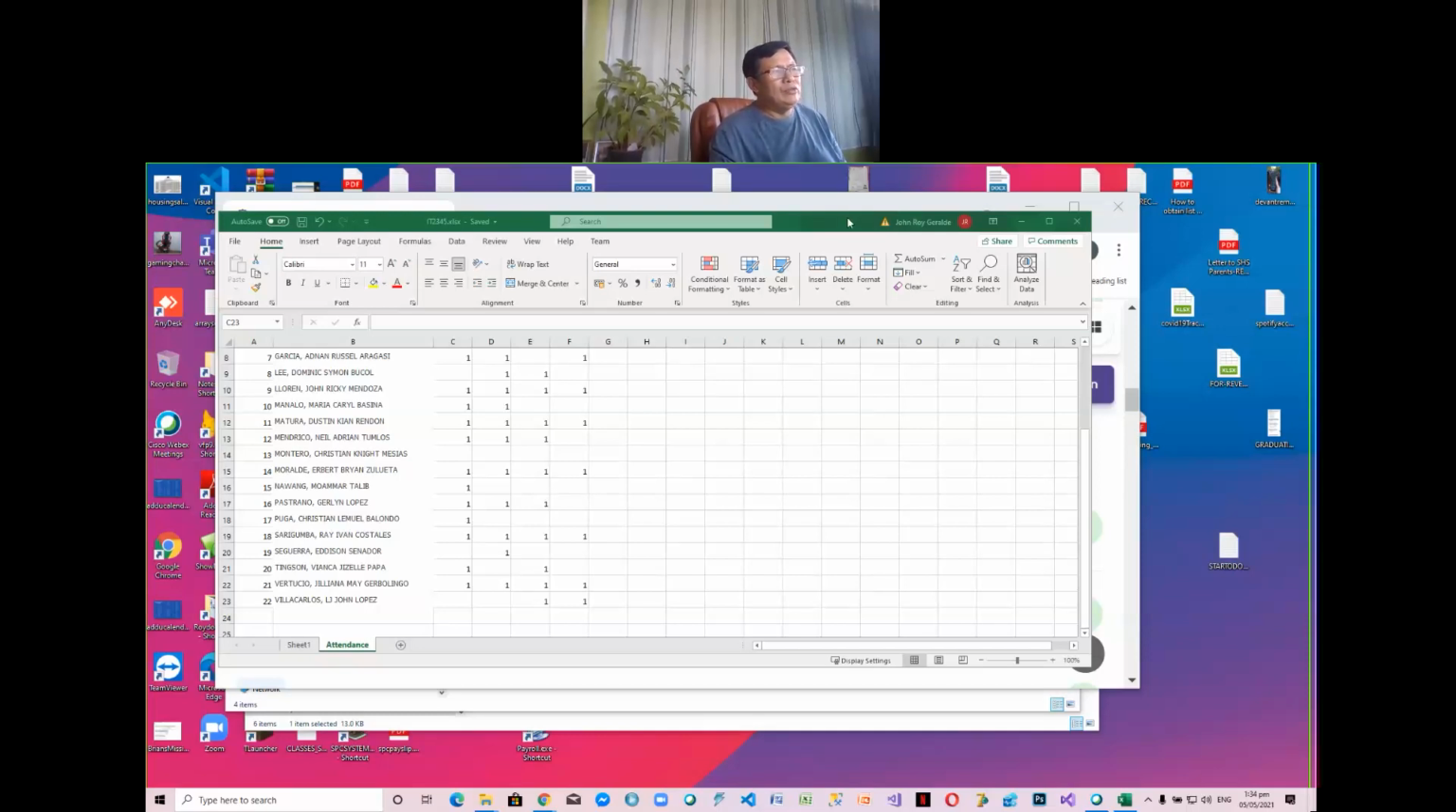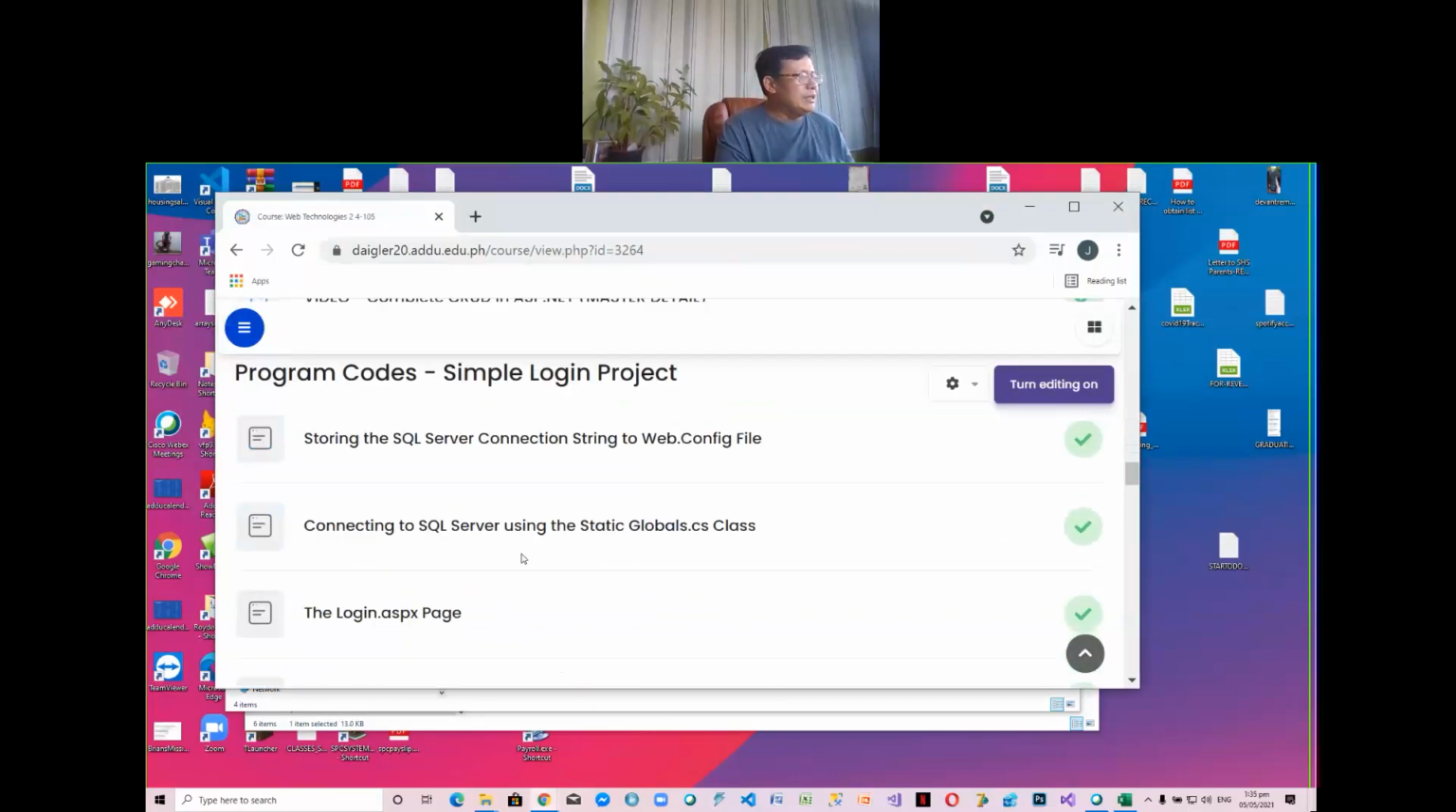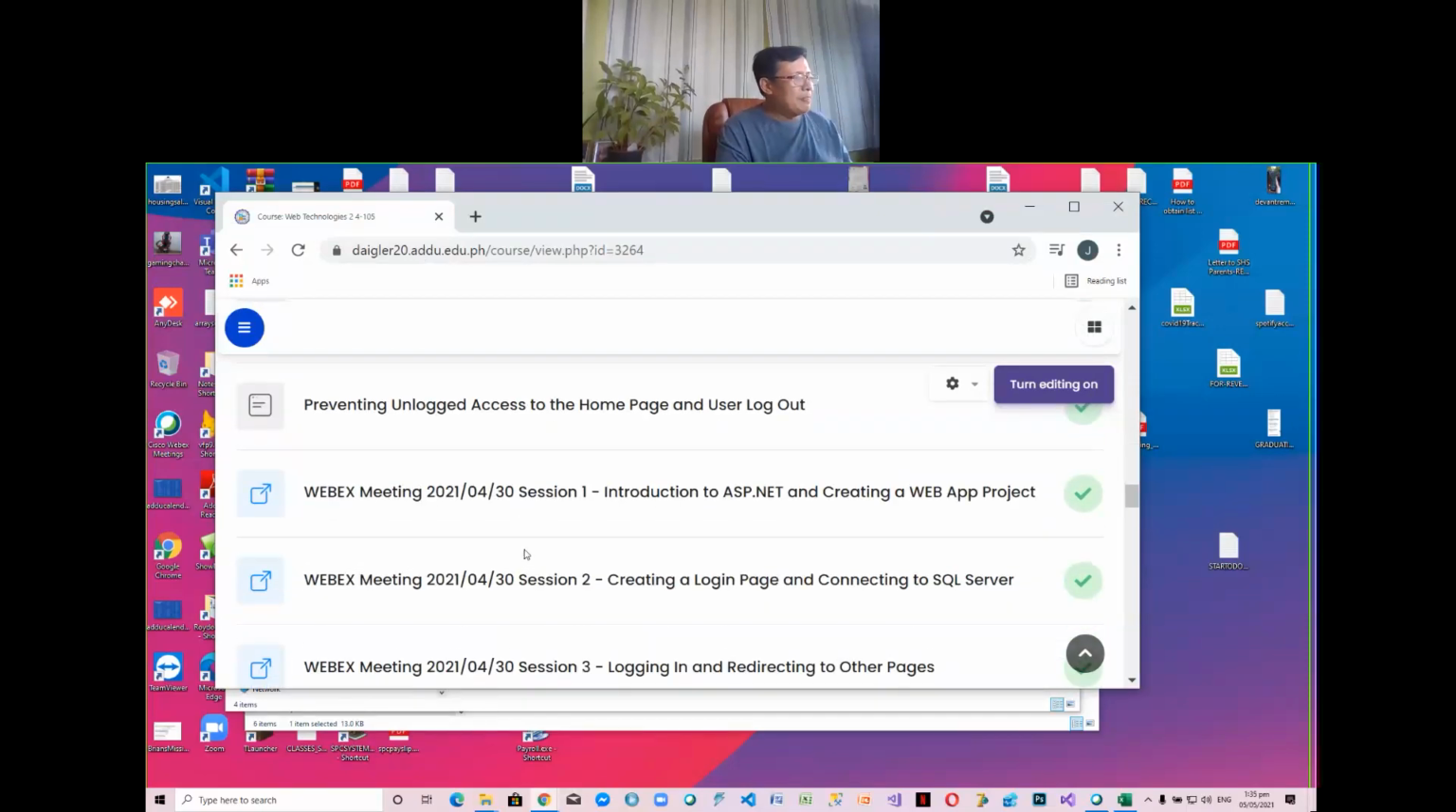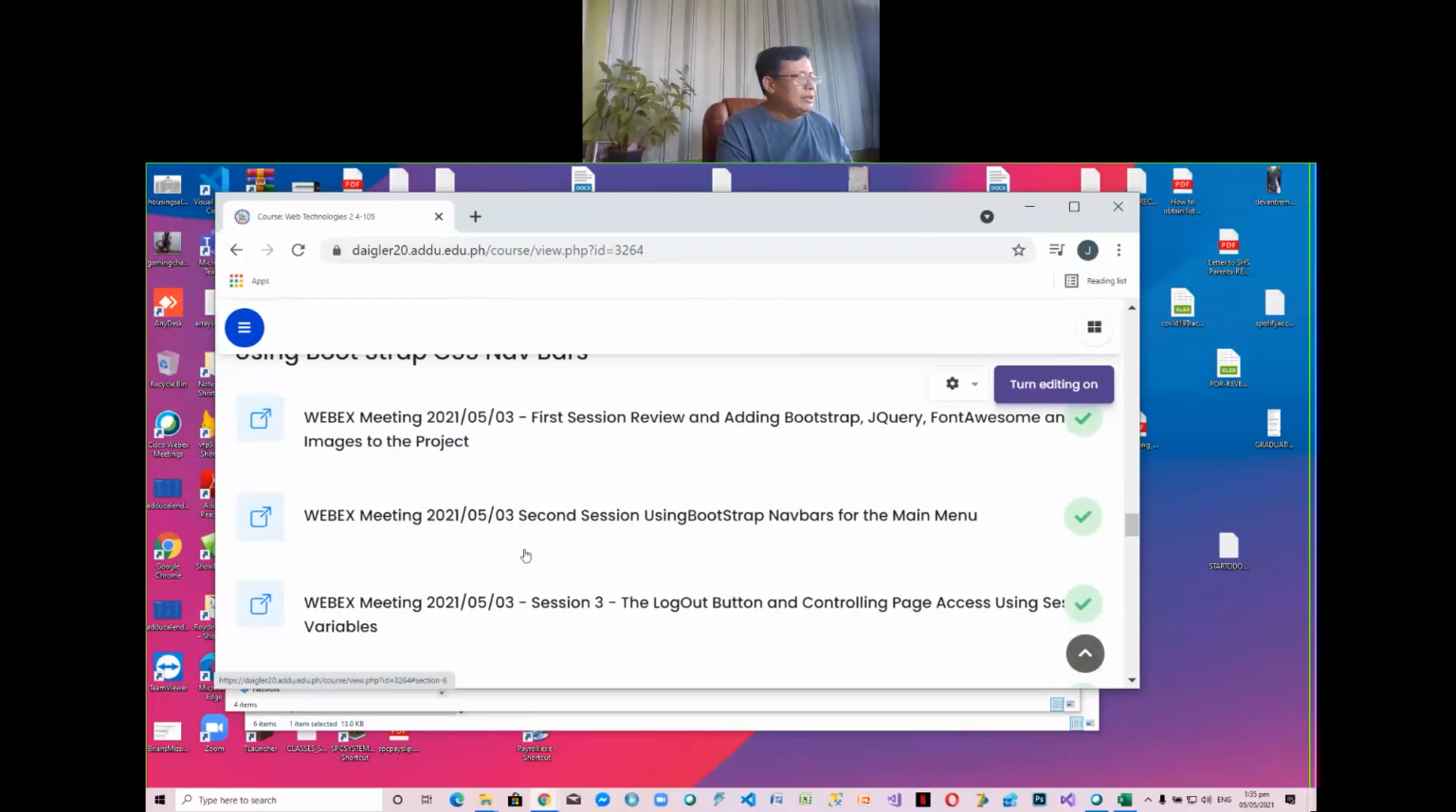So last meeting, I showed you how to include Bootstrap CSS and other files like other CSS like Font Awesome, and then there's also JavaScript, no? And then how to customize your own CSS. I have placed all the codes that we discussed last meeting in